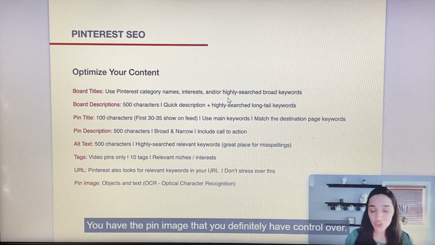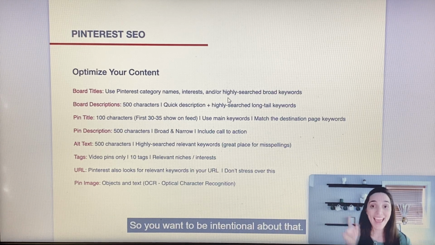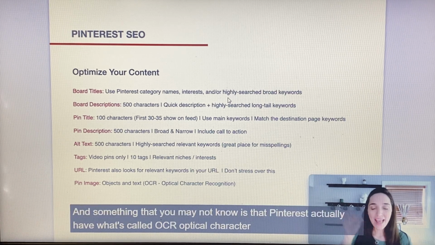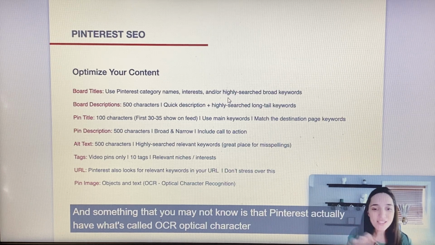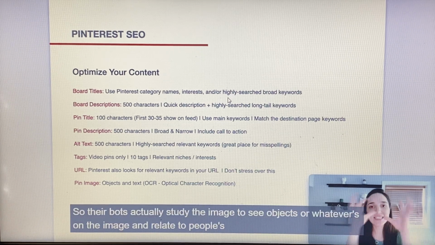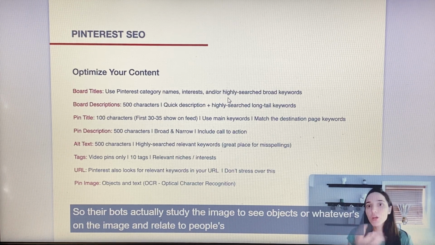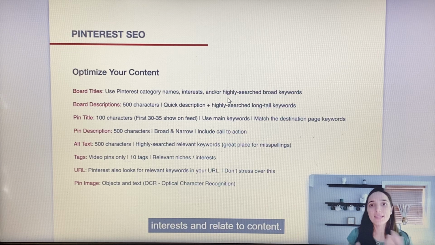Next, you have the pin image that you definitely have control over. So you want to be intentional about that. And something that you may not know is that Pinterest actually has what's called OCR, optical character recognition. So their bots actually study the image to see objects or whatever's on the image and relate to people's interests or relate to content.